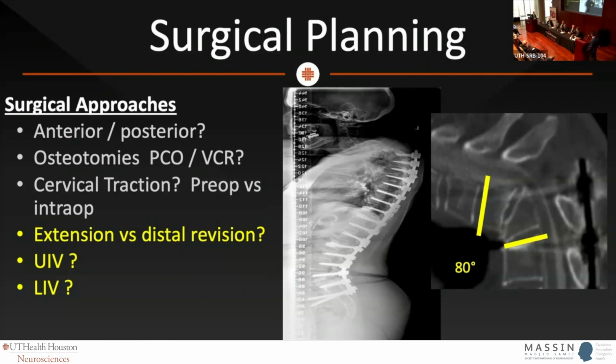I think nowadays we're too focused on alignment, and I think too many people are getting fusions. I don't have our pre-op films, but I think this population is mostly osteoporotic. They're going to have poor bone density, and regardless of how good your planning is, I think they're at high risk for PJK and distal junctional failures. So I think this is a complicated population to do surgery on.